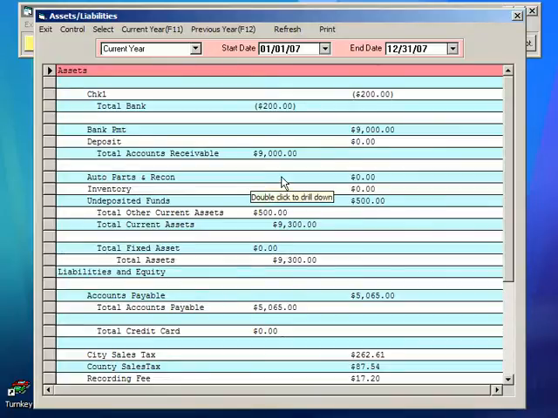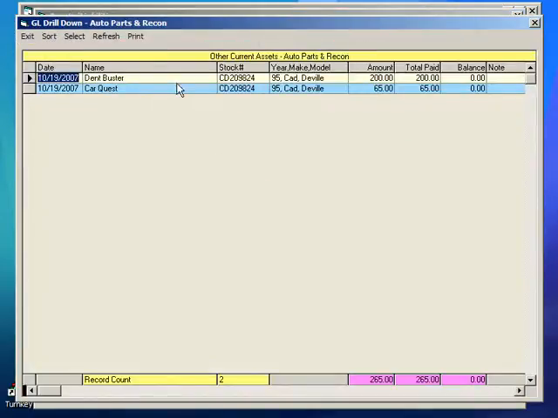Now you notice auto parts and recon and inventory have gone to zero. And that's because when these expenses were first brought into the system, the vehicle wasn't sold. But when the vehicle was sold, it took them out of current assets and moved them to cost of goods sold. But if you double click on the line, you can still see that there's a bill here from Dentbusters and one from CarQuest. However, they both show that they're paid, and that's because they've been moved out of current asset. If you double click on Dentbuster,